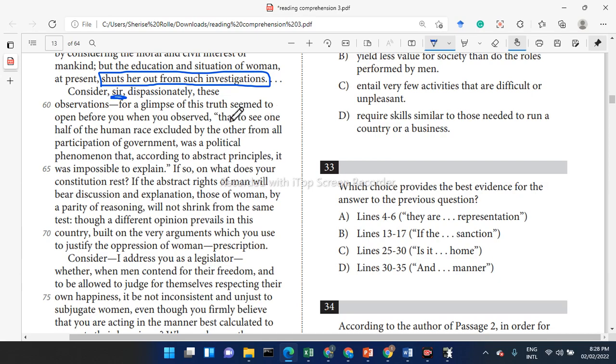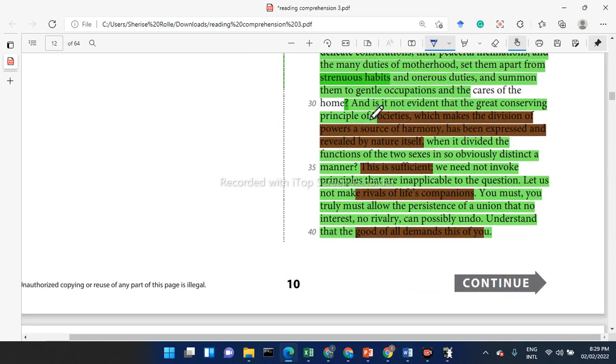But the man gave his stuff by nature. He said, "Listen, we don't even have to argue this. Nature already tells us." He said right there, "This is sufficient. That's it. Nature already tells us."